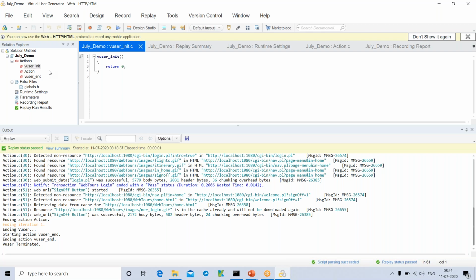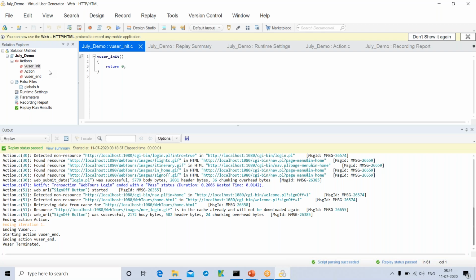In the user end we record the logout code, and sometimes we keep the entire launch, login, log off, and everything in the action only. For example, take a bank employee.